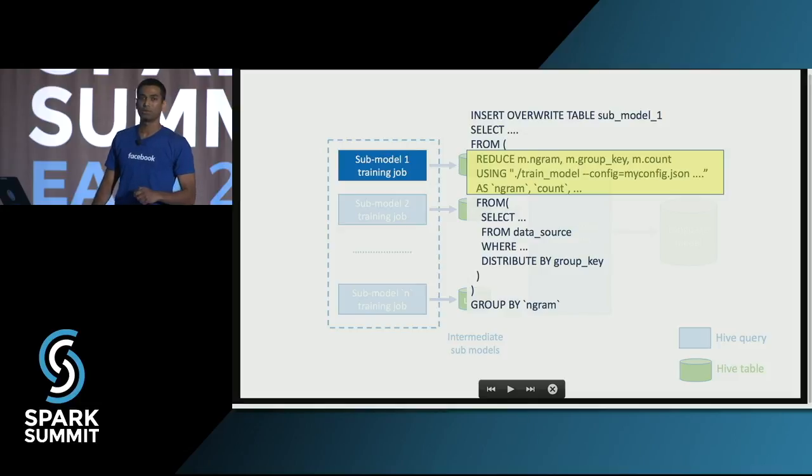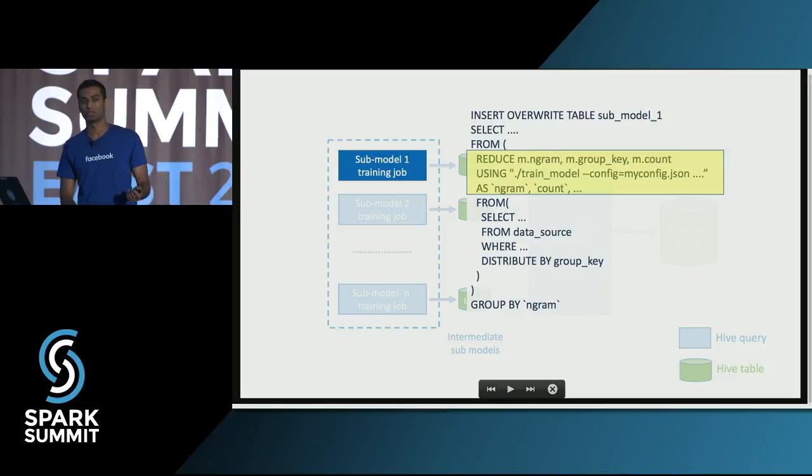So for those who don't know what a transform is, Hive allows you to run custom code in two ways. One way is to write a Java UDF, and the other way is to have any subprocess launched. In this case, the subprocess for us was train model, and this was written in C++. So for Hive, you can run any random binary which is written in C++ or Python or even